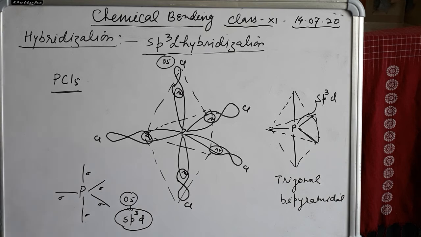So draw the structure of molecules having sp3d hybridization and show it as an assignment. It is given to you. Find out the molecules having sp3d, find out the molecules in which hybridization is sp3, draw the structure and show, and try to comment on this topic, students. It is very important. Hybridization is a very important topic, and all the inorganic chemistry chapters, even the organic chemistry chapters, depend on the hybridization of carbon and other elements also.